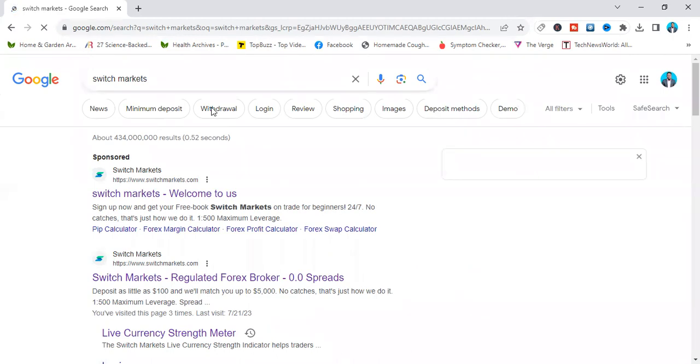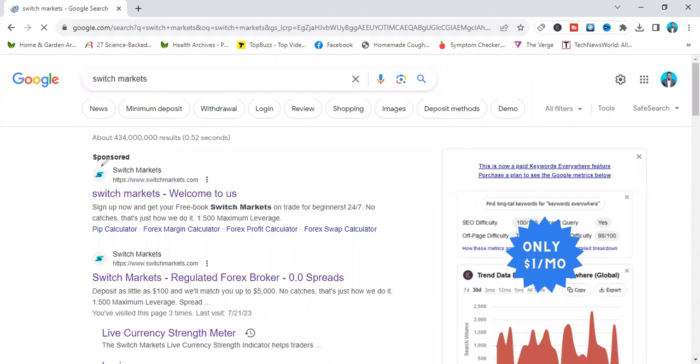Now, anytime you are searching for anything on Google, when you see the first link that comes with sponsored, ignore it. And then go for the next one that comes with no sponsored. Is that okay? That is a tip for you. So all are showing Swiss Markets, but one is a sponsored link. The other one is not a sponsored link, but coming from the real website. So you choose the one that is not sponsored. So we'll pick the second one here, which is this one. We click on it.